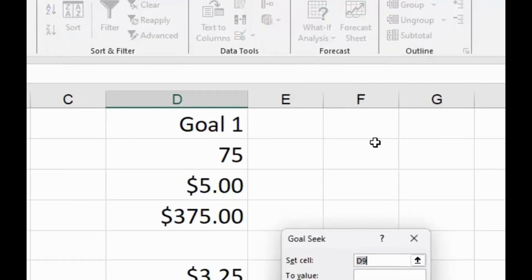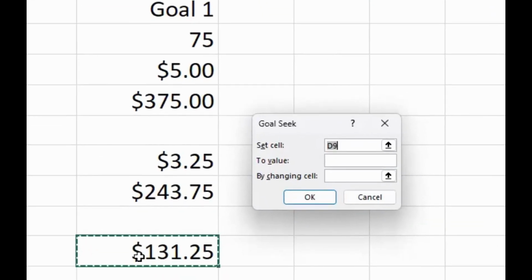And when the box pops up, because my mouse was originally in cell D9, it says set cell D9 to the value. The value is going to be 400. So I want to set that value to 400 because that's my goal by changing what cell. So in this case, I want to change D2 and say how many units do I have to sell to make a total profit of